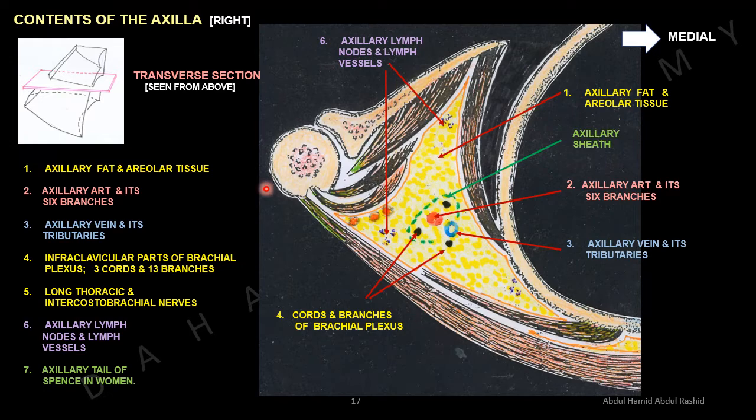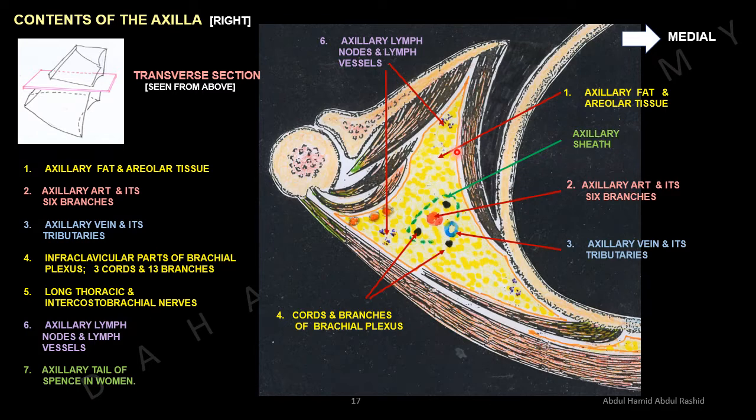What are the contents of the axilla? Number 1, axillary fat. Number 2, axillary artery and its 6 branches. Number 3, axillary vein and its tributaries. Number 4, infraclavicular parts of the brachial plexus, 3 cords and 13 branches. These are the cords of the brachial plexus. Number 5, long thoracic nerve,